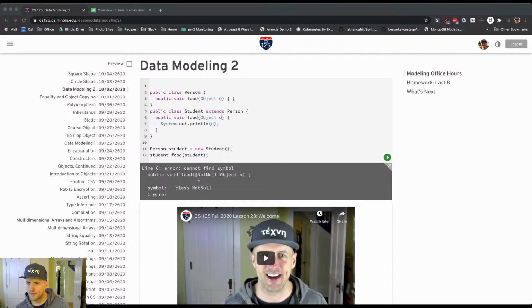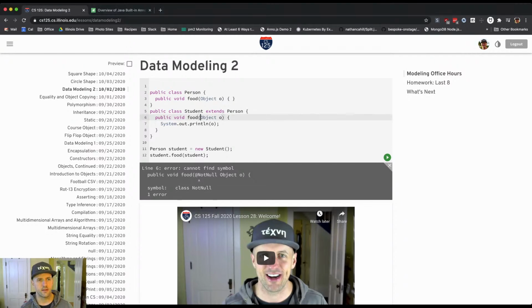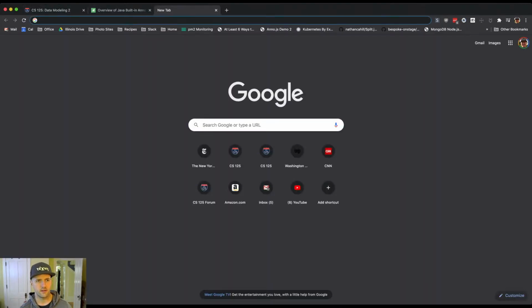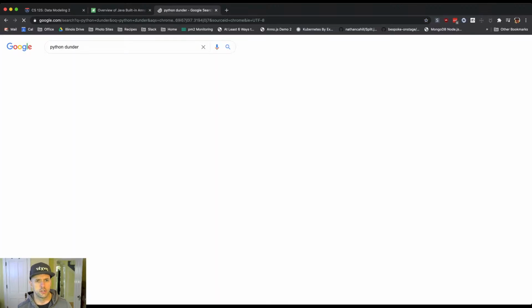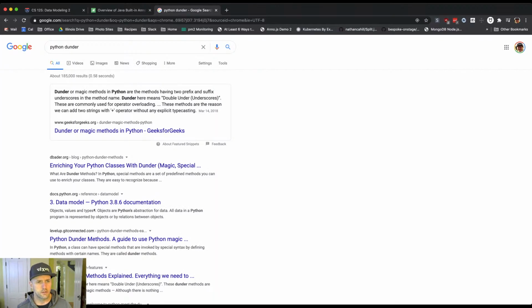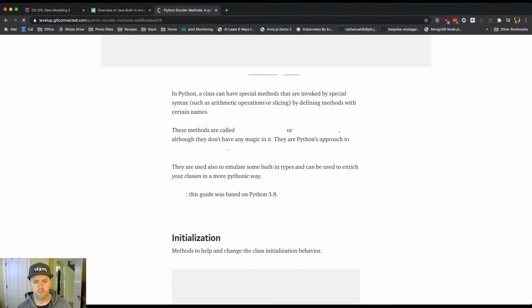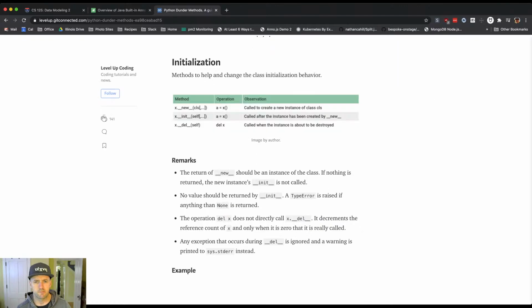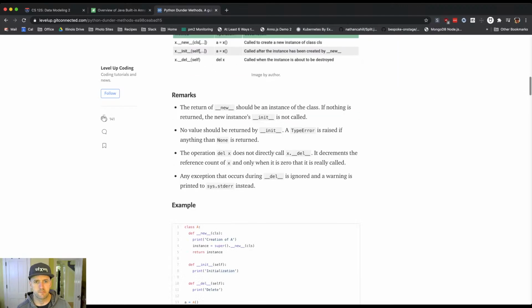Does Java have special methods that allow classes to interact with other classes more easily? Can you elaborate on that? Well, you mentioned something called dunder, which I don't know anything about. So let me look up this. Python dunder. These are magic methods? I didn't know what these were called. I've used these before. If this is what you're talking about,